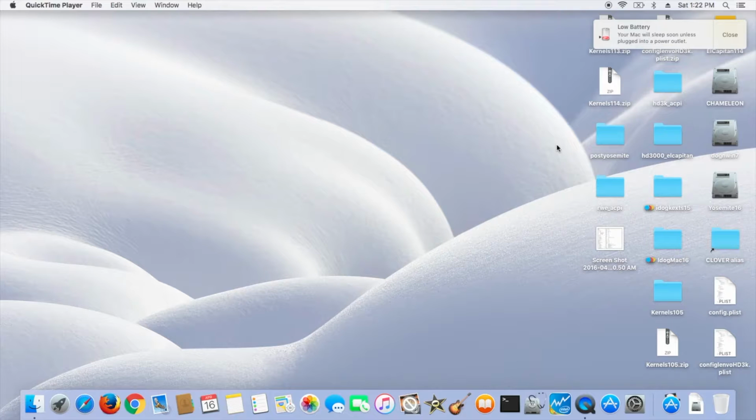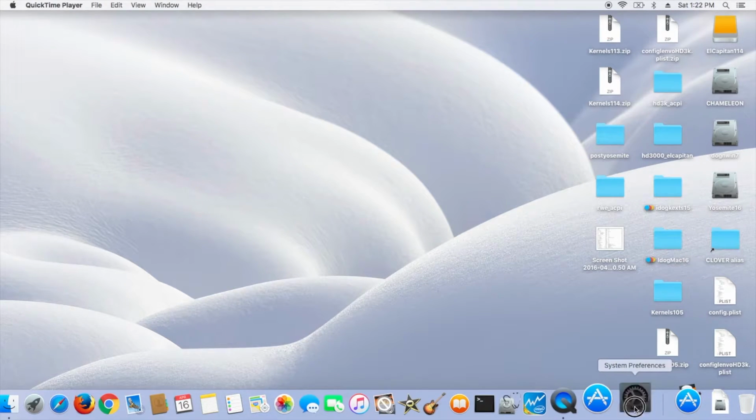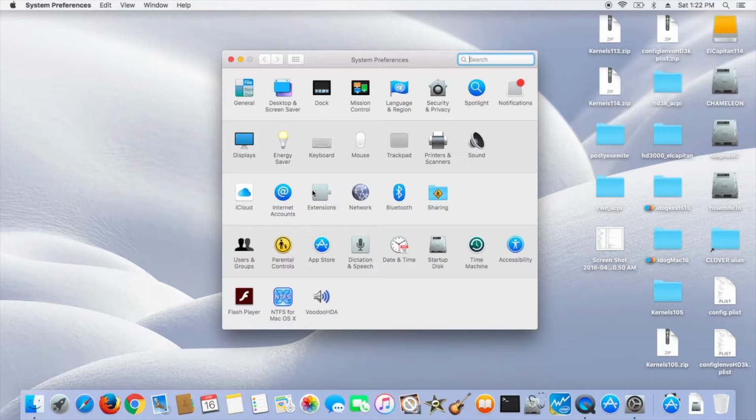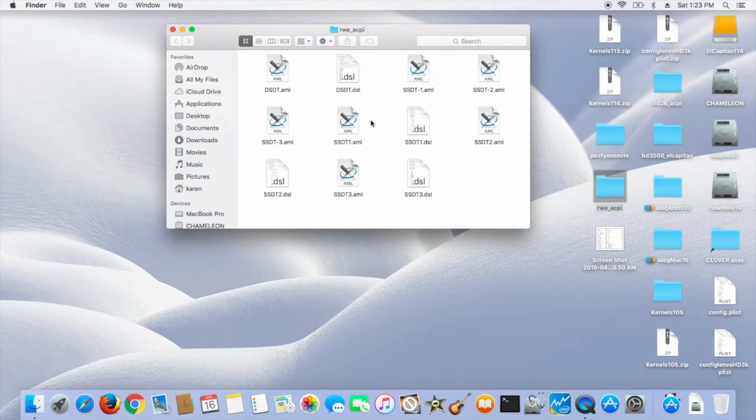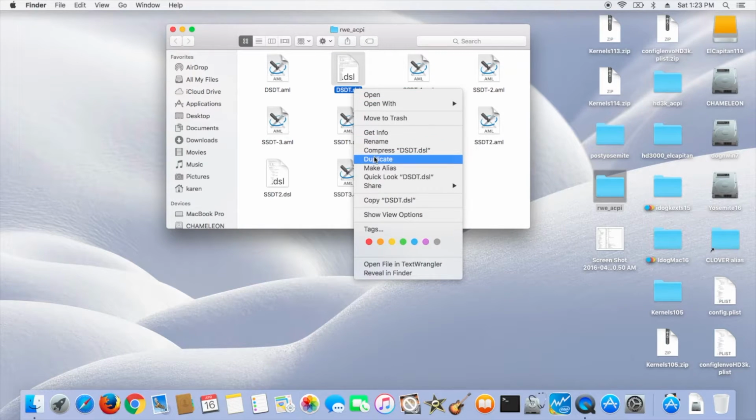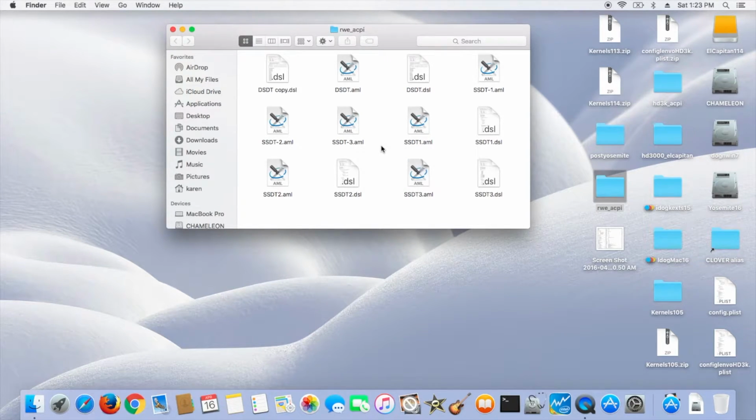The DSDT is still original, so we have no battery, even when we plug it in, and we do not have the display slider, the brightness. So first we want to duplicate this one, and then we're going to change